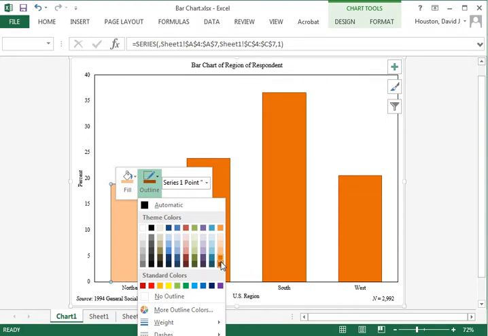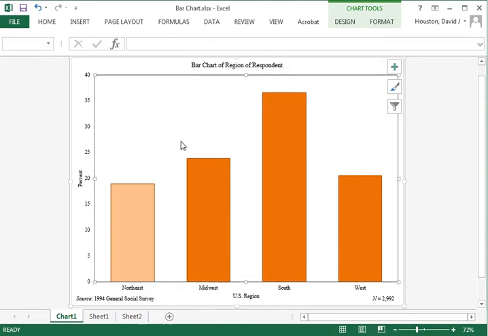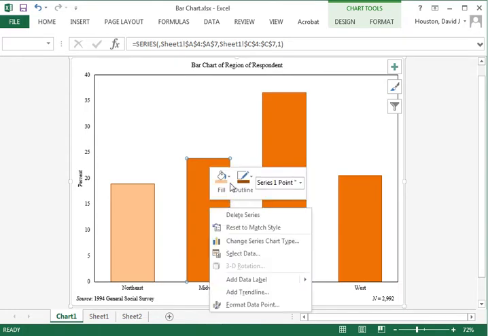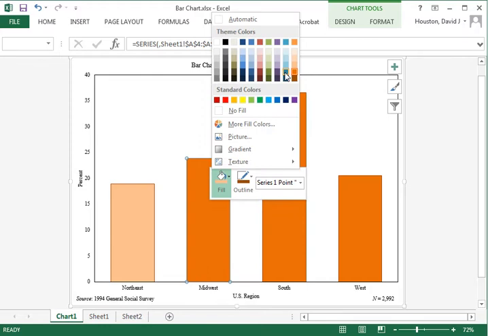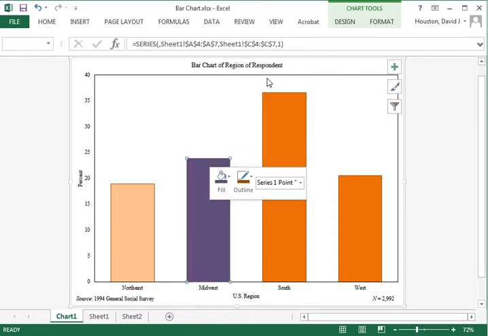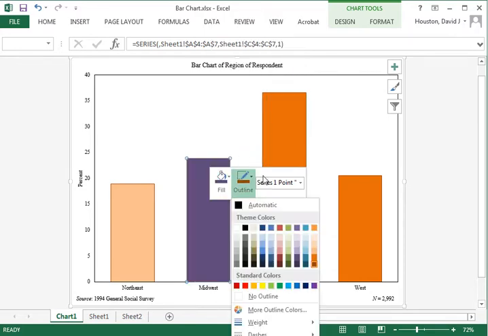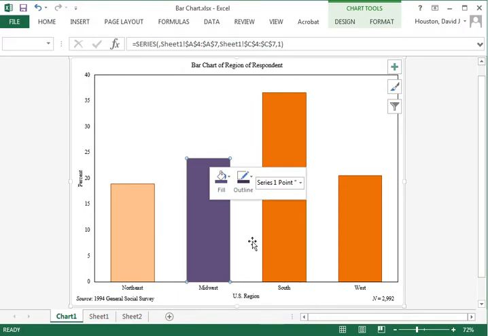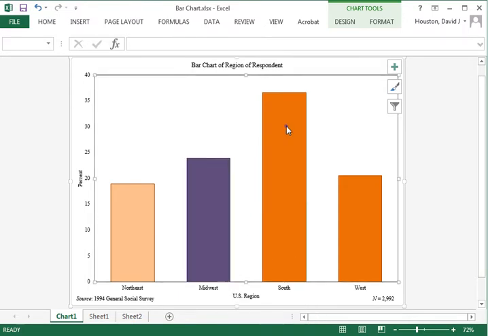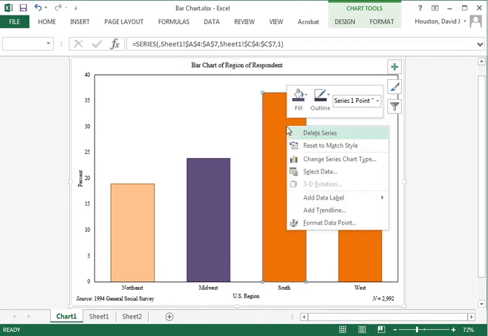Now let's click once, it highlights all of them. Click a second time, now that one's the only one highlighted. I'll come down and I will come across, let's say, to a purple. And let's choose the darker purple for the outline. Let's do the same thing over here. Click once, they all get highlighted. Click a second time, then right mouse button, and now I can come up and choose a different fill color.